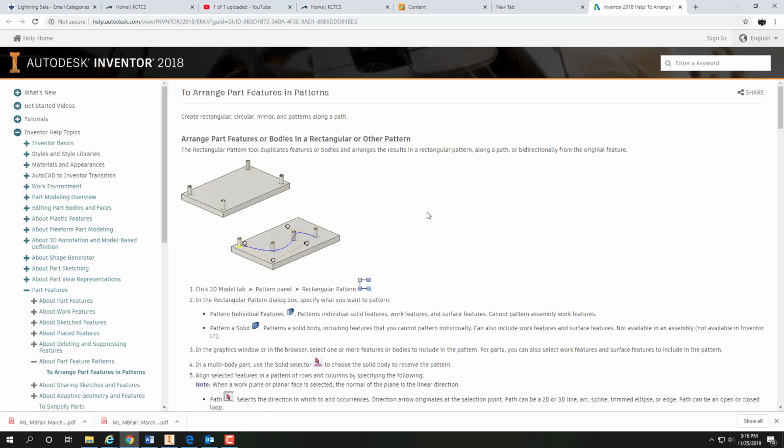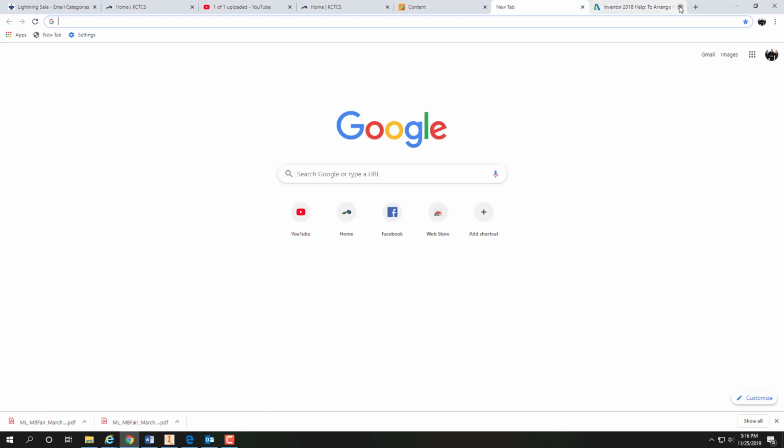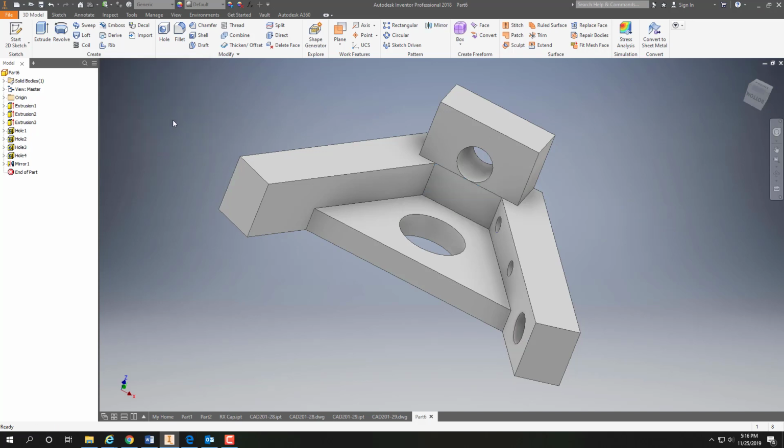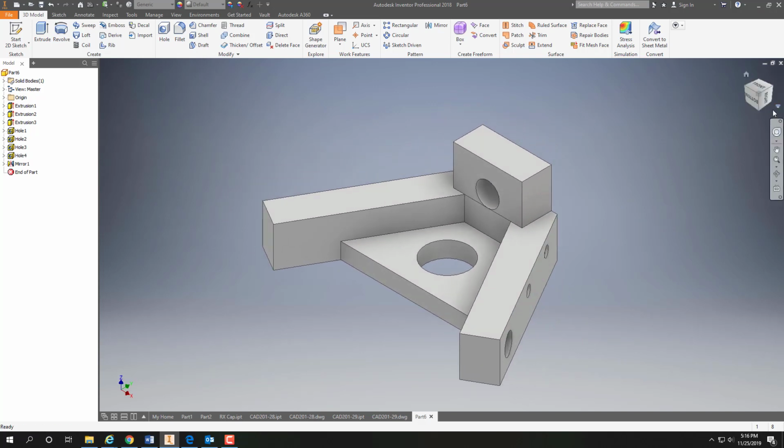Nope, don't want to do that. Okay. I guess the other thing is, see if I was to pick that and then pick that. It's not going to work, so I'll cancel that. And I guess I will do it the old-fashioned way,